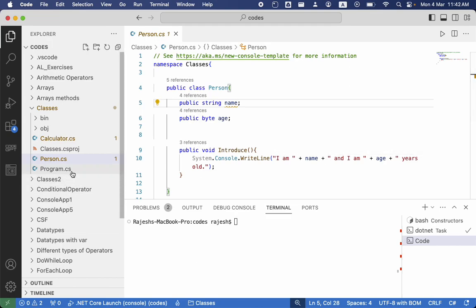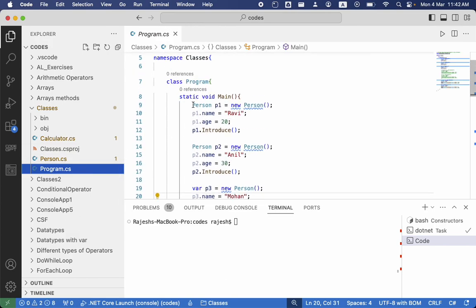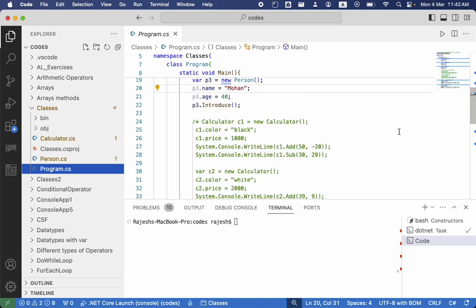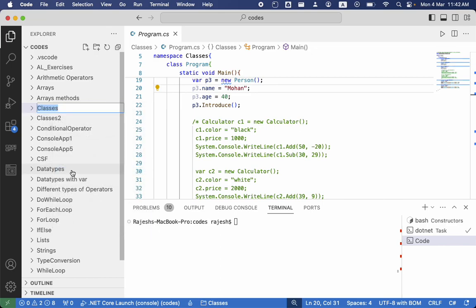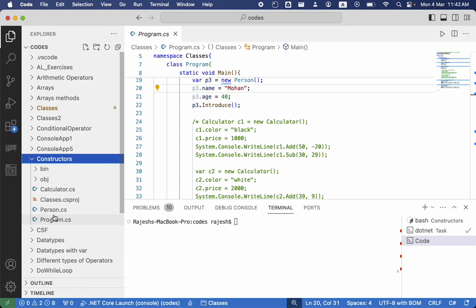And we had a separate main program where the objects of that class person are created, like person p1, p2, p3, and so on, and also some other calculator class we had. So today we will look at a slightly related but different concept. That is constructors. So first